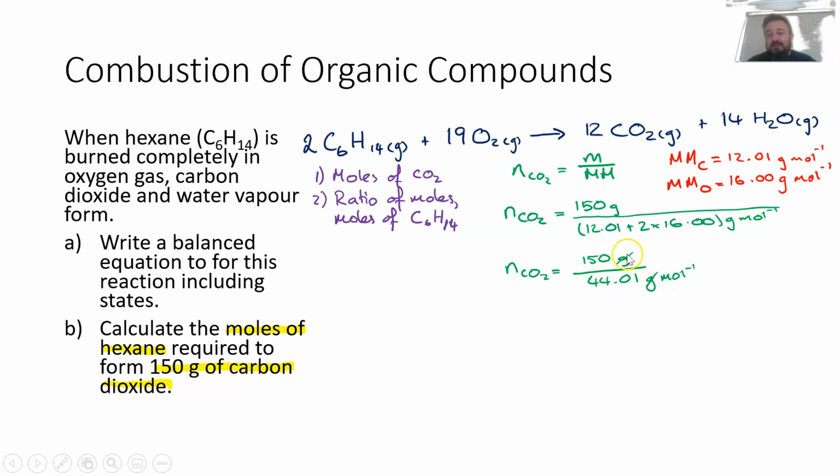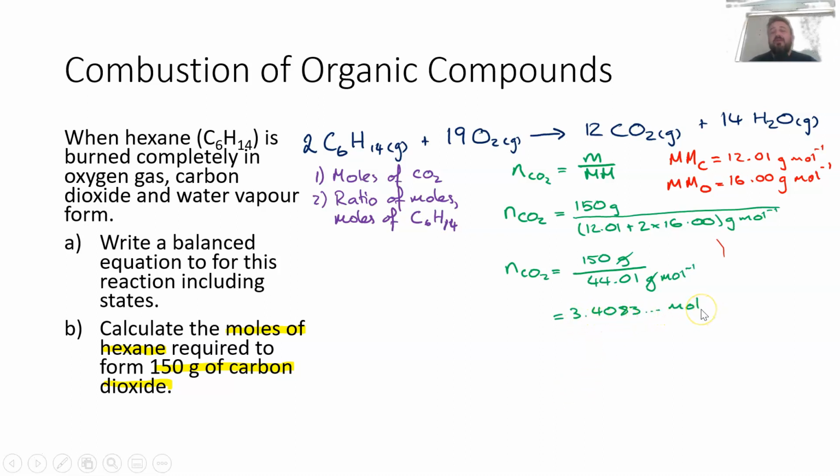And by the way, that's the fun part. See how we can scratch out those grams. That gives us 150 grams divided by 44.01 grams per mole. And all that means is we can cancel out the grams, which leaves us with moles. The fact that it's being divided by this allows us to convert to straight moles, instead of moles to the power of -1. That's how that happens mathematically. Which gives us an answer of